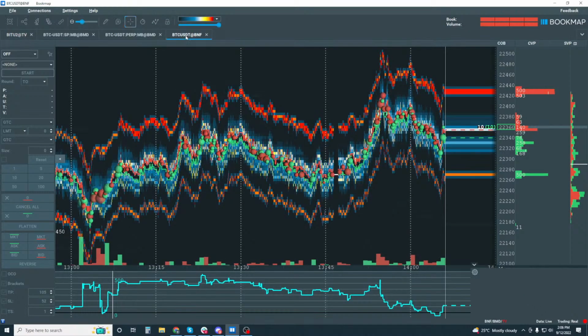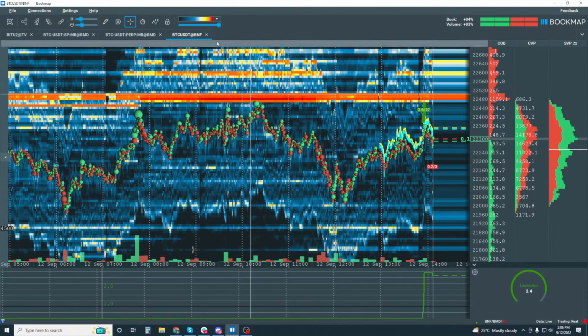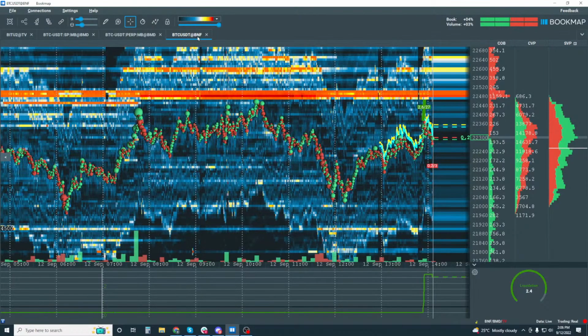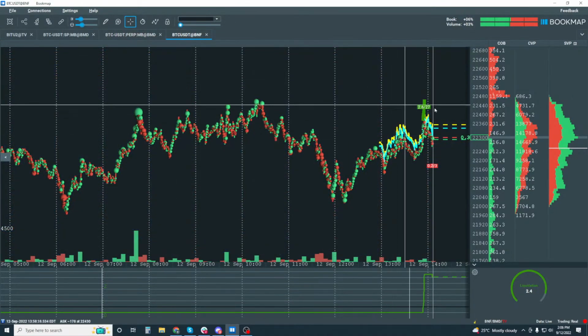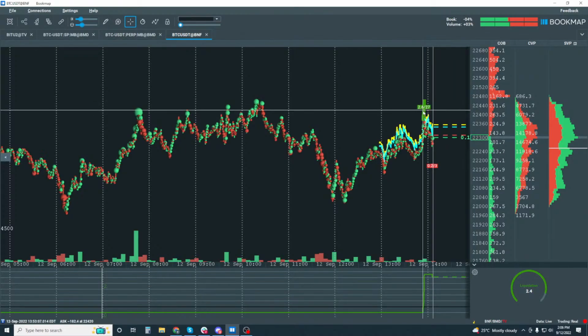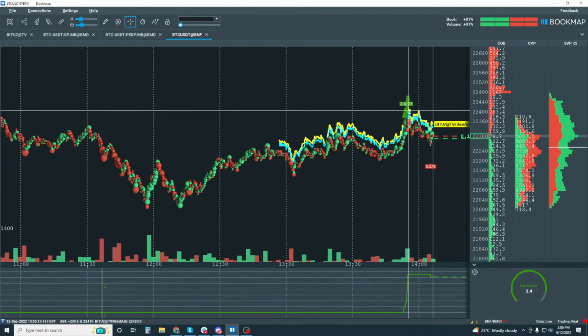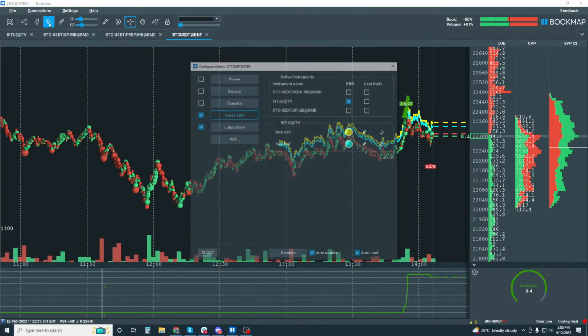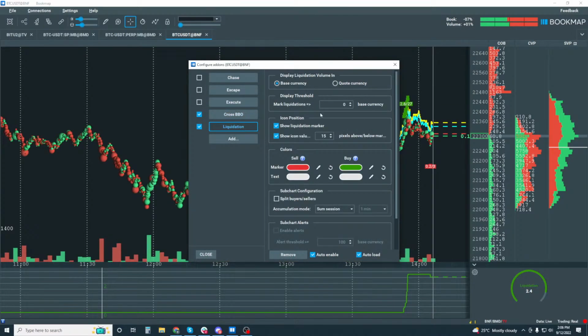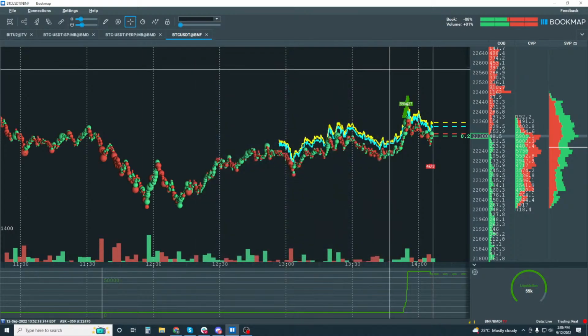the other reason for connecting to your Binance futures here is you guys have access to, if I dim the heat map, the liquidations indicator. So we just had a bunch of liquidations, large ones here on the way up. In fact, I'm going to turn it over to the currency quote. So